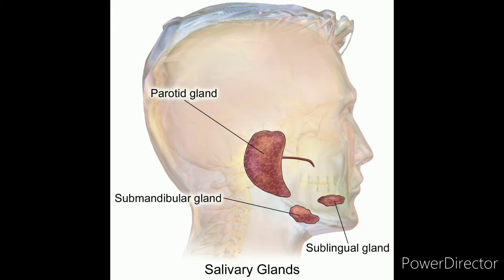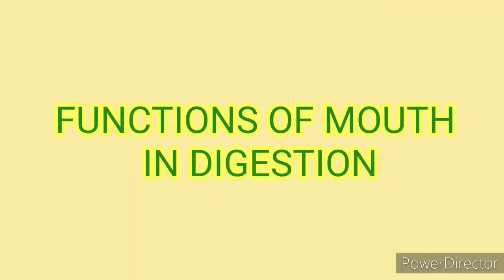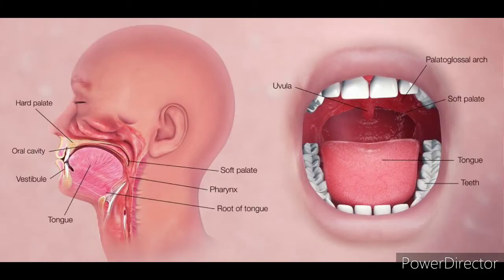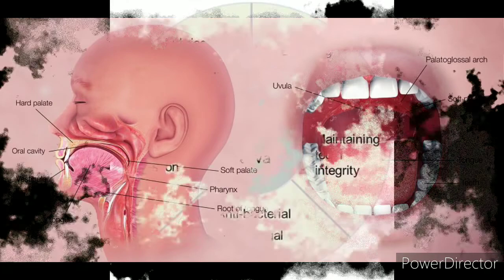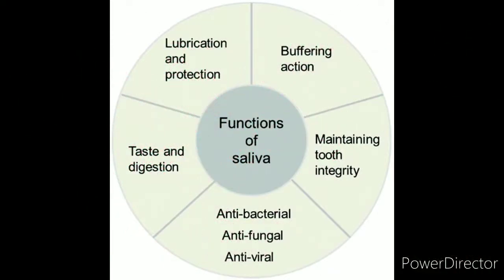What is the function of the mouth and the salivary amylase? Let's look at it. Our teeth help us to cut, tear and pulverize food by the activity of teeth, right? Now, secretion of saliva by the salivary glands softens, moistens and dissolves the food and cleanses the mouth and the teeth. Salivary amylase present in the saliva splits starch into smaller fragments, and lingual glands secrete lingual lipase.